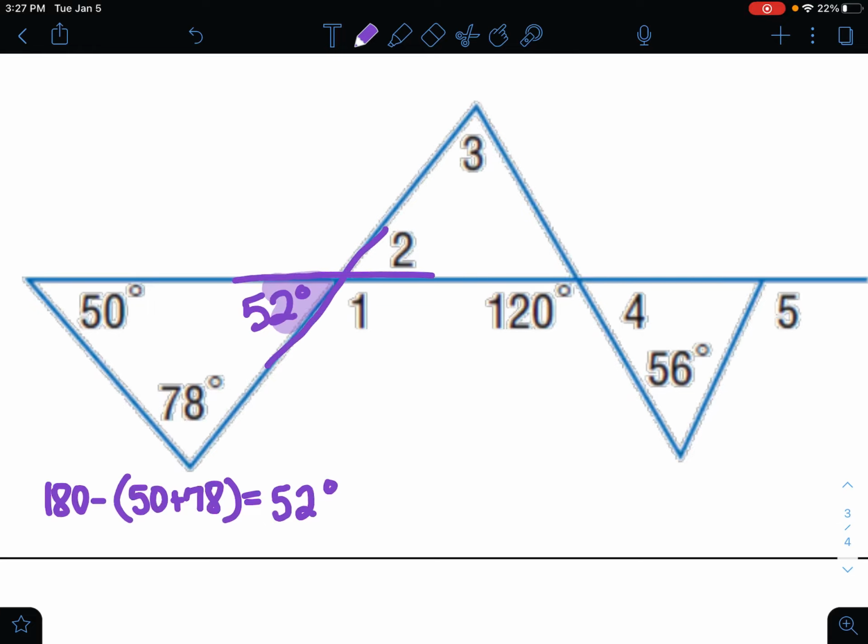Angle 2 and this 52 degrees are vertical angles, which means they're equal. So angle 2 is also 52 degrees. Okay, now another thing I can do to figure out angle 1